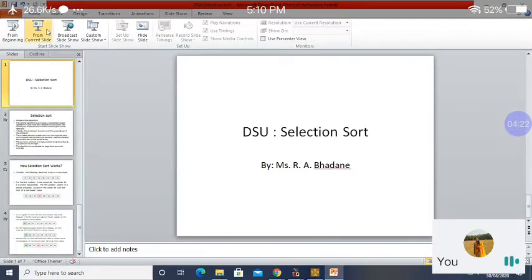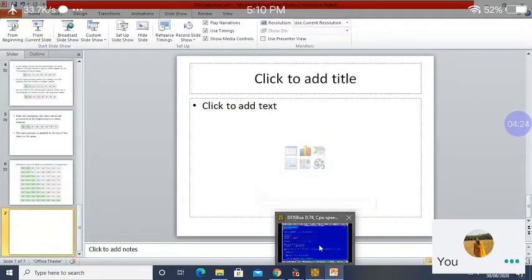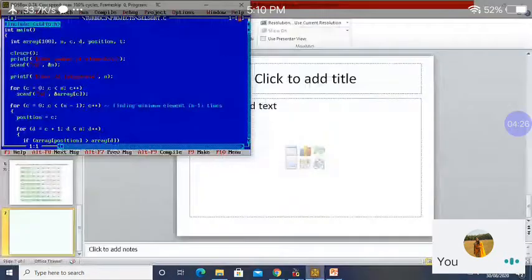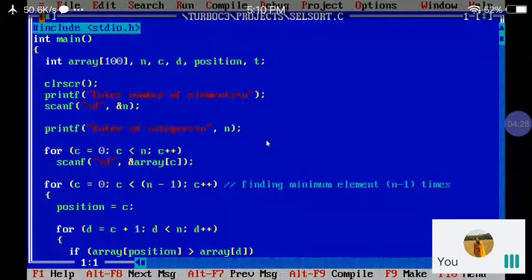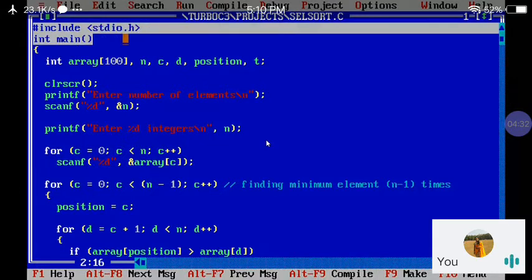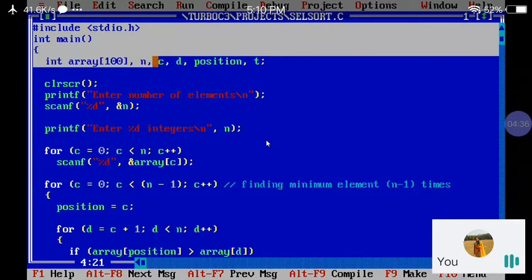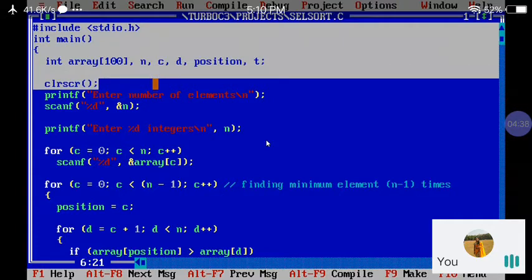Now we will see how this selection sort will work in a program. So this is our C program for selection sort. In this C program, we have first included the header file, the main function I have written here, and some variables that are required I have declared here.